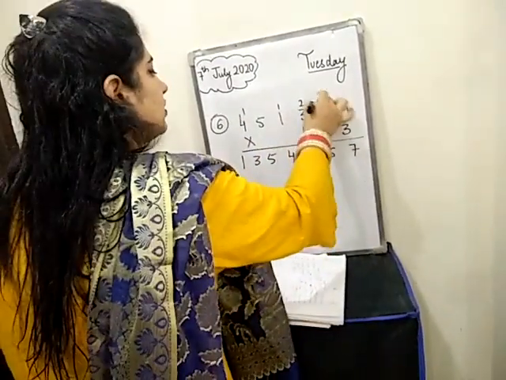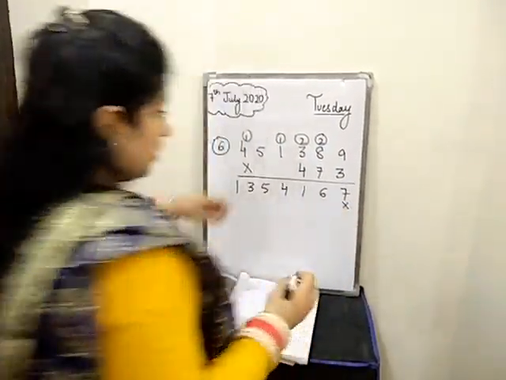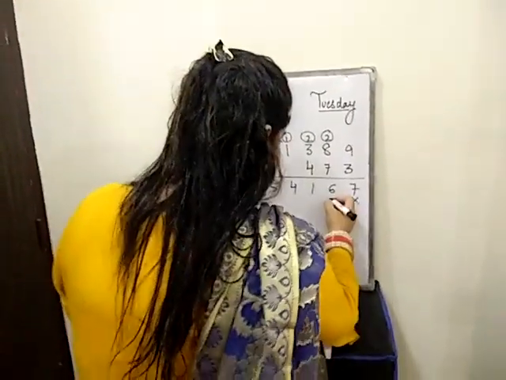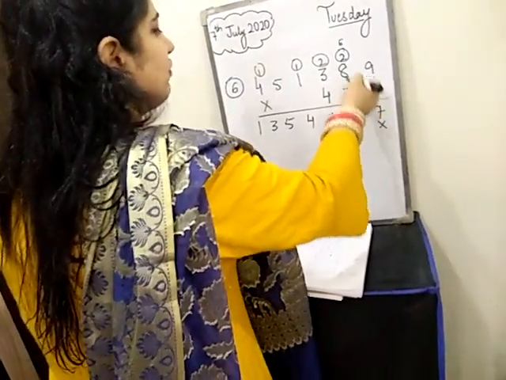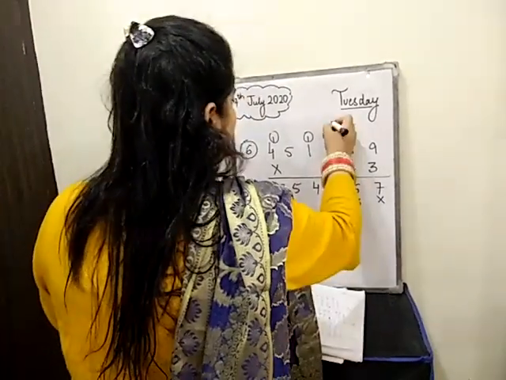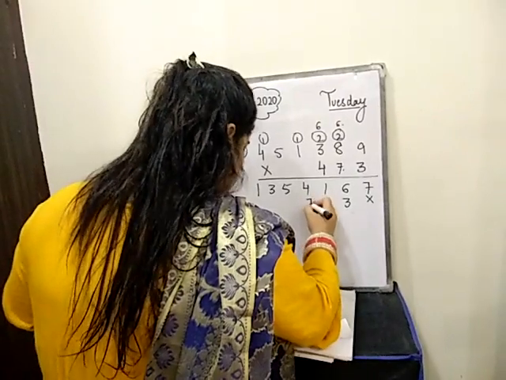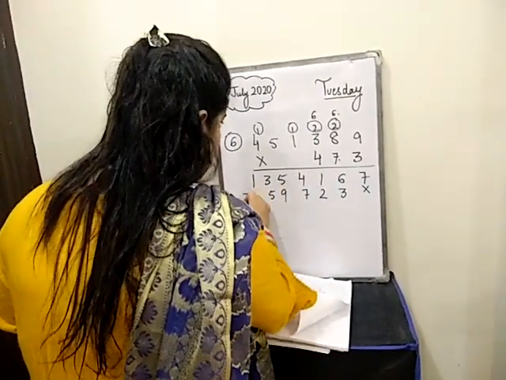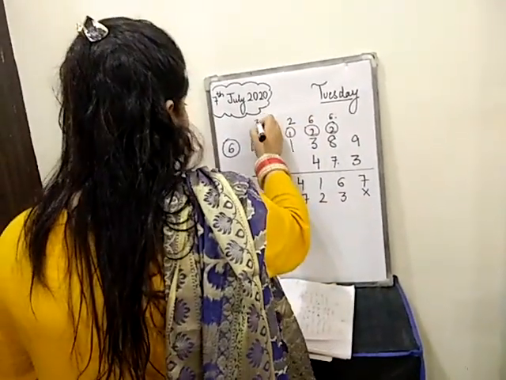Now you will circle all the carry digits. Now you will put a cross here. Then you will multiply 7 with 9, it will be 63. So 3 here 6. Now you will multiply 7 with 8, that is 56 plus 6, 62, 2 carries 6. In the same way you will multiply all. So here it will be 7, 9, 5, 1, 3. And in carry we have 6, 6, here 2, and here we have 3.